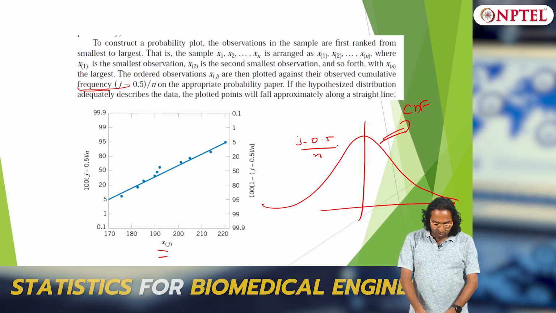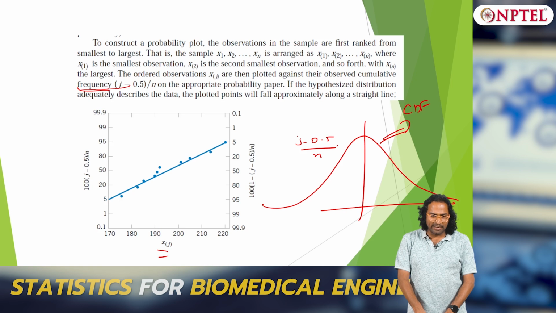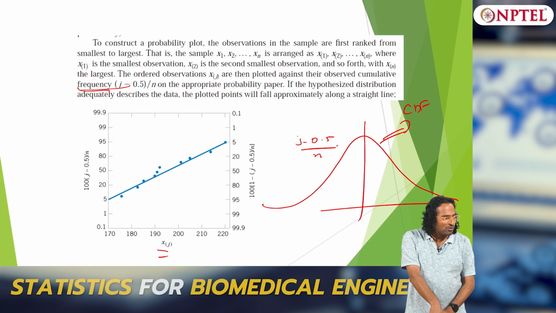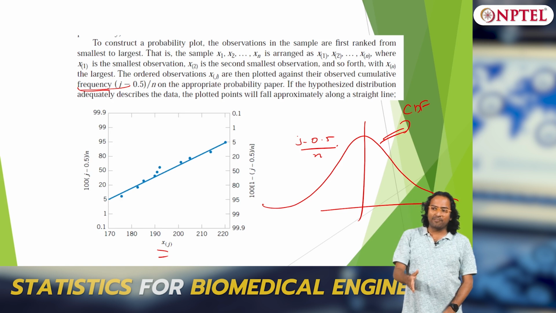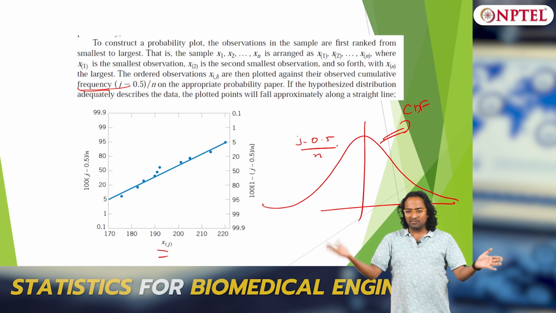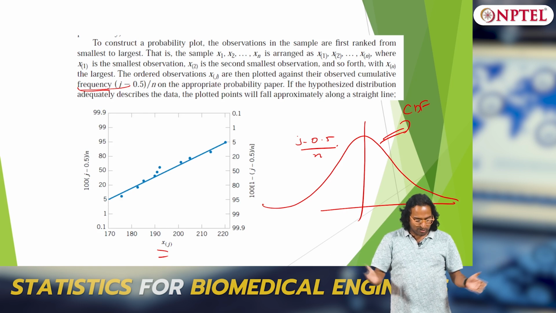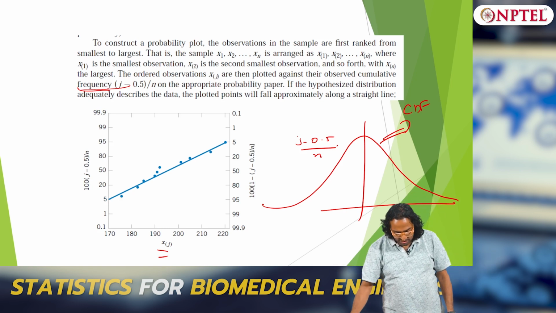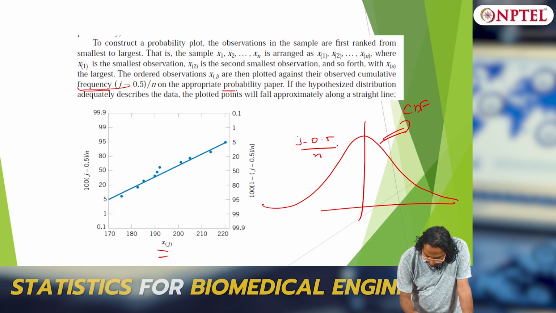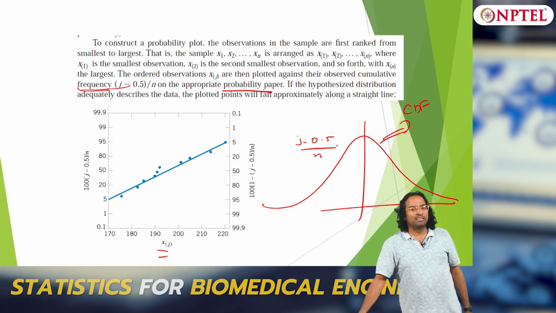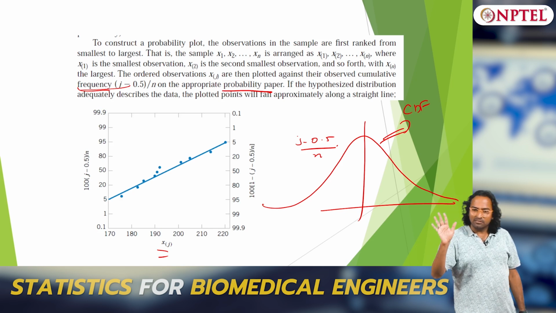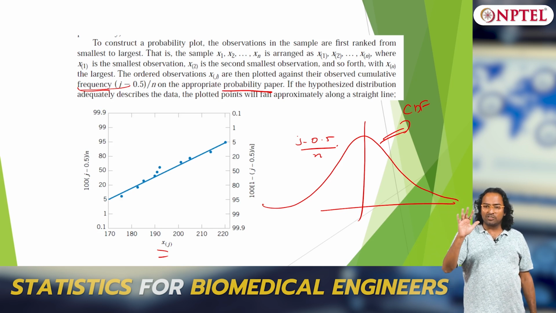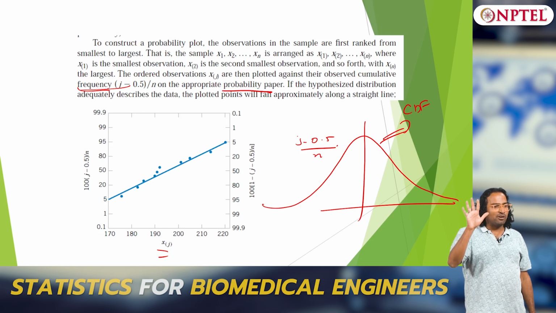On one axis you have xj, and on the other axis you are plotting the cumulative frequency, that is (j minus 0.5) by n. 0 to 1 is the total probability. So in (j minus 0.5) by n, 0.5 is the center, with half on this side and half on this side, 1 over n in total. So keep adding, keep plotting. This is plotted on a special plot called probability paper, an appropriate probability paper. Probability paper is available for the normal distribution. You can Google it and see how probability paper looks for a normal distribution.